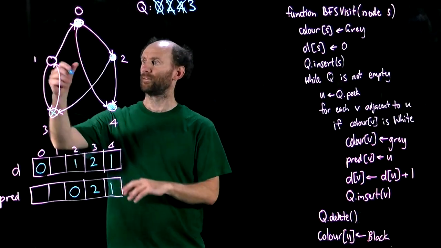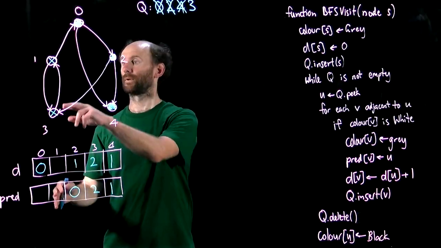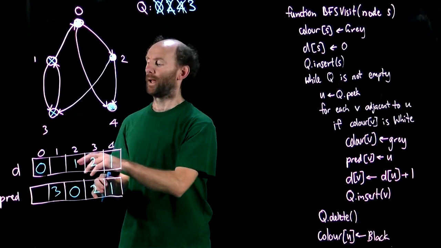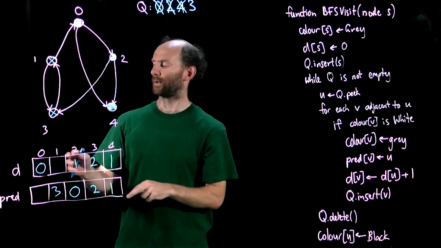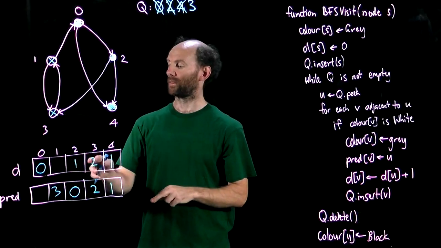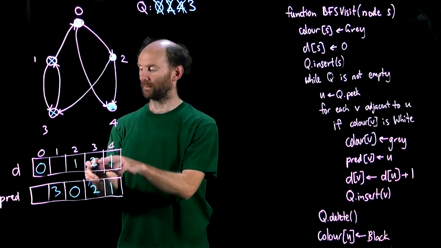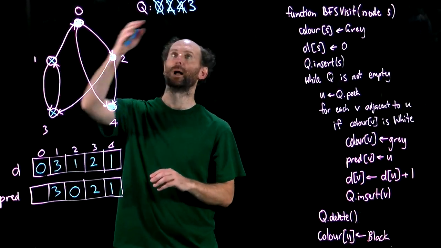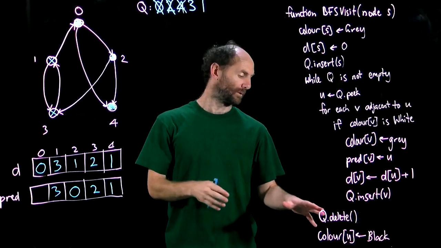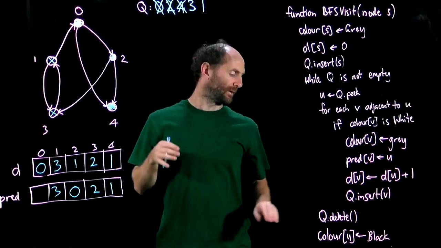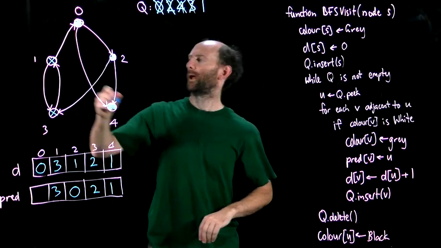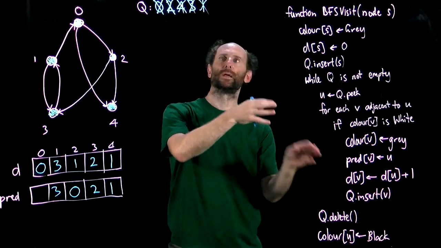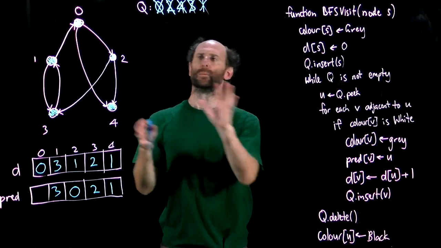So we'll visit 1, we'll turn it grey, we'll set the predecessor of 1 to be 3, and we'll set the depth of 1 to be the depth of 3 plus 1, so that's going to be 2 plus 1, which is 3. And we'll put 1 into the queue. All it requires is that we delete these two things from the queue and turn them black. Okay, so at this point we've got an empty queue up here, so we're going to return to the